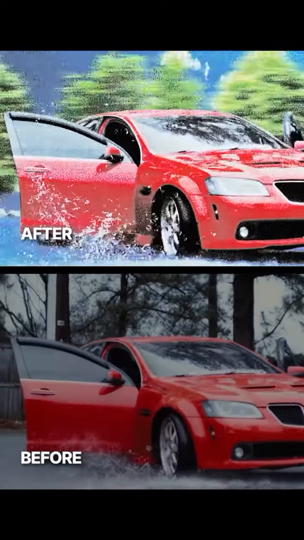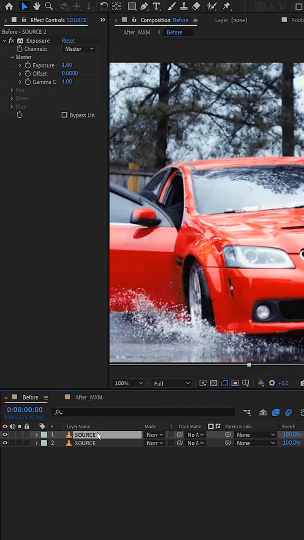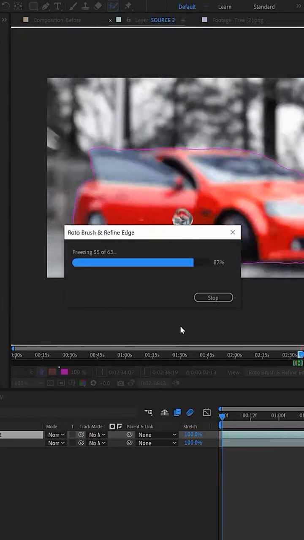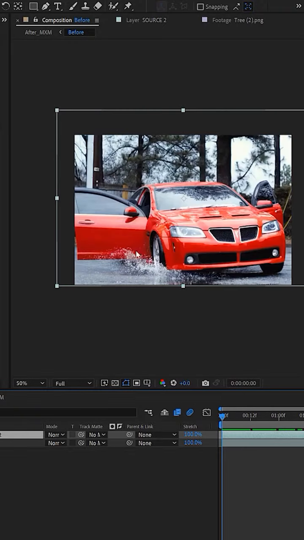Here's how to easily swap the background of your mixed media animations. First thing you want to do is duplicate your footage and roto out your subject. Obviously, the water is making it a little bit more tricky for this specific footage, but we still made it happen. And as you can see now that we have our rotoscoped layer, we can go ahead and import a